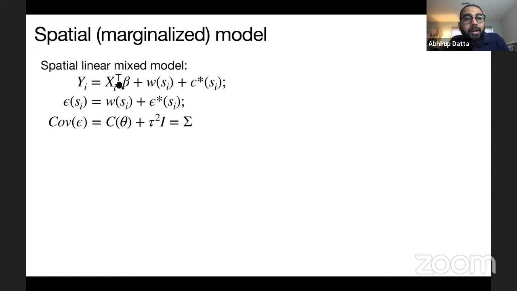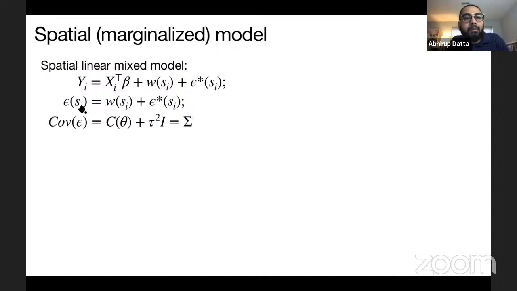If we go back to this spatial linear mixed effects model, we can merge together the spatial random effects W and the noise term epsilon star into a single error term epsilon, which is the sum of these two things. The covariance of epsilon is the covariance matrix coming from the spatial part plus the diagonal variance matrix coming from the noise part, right?